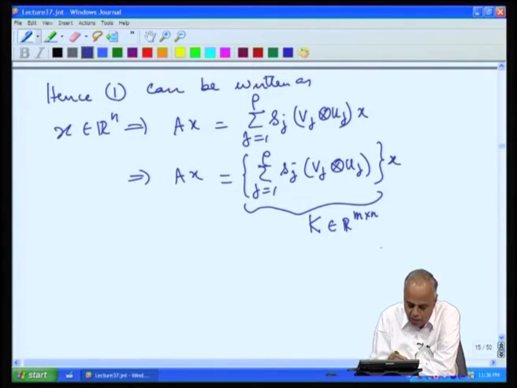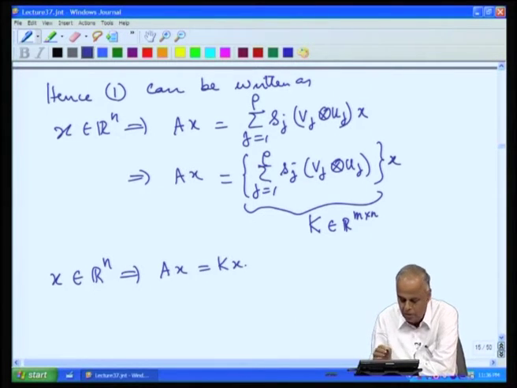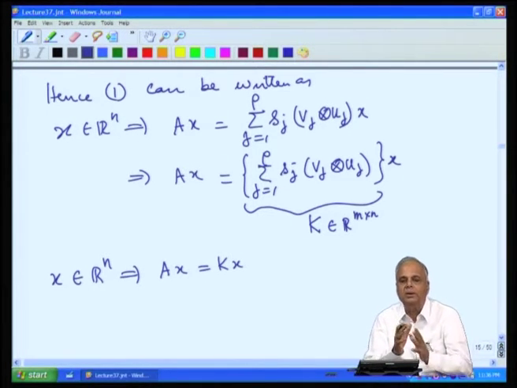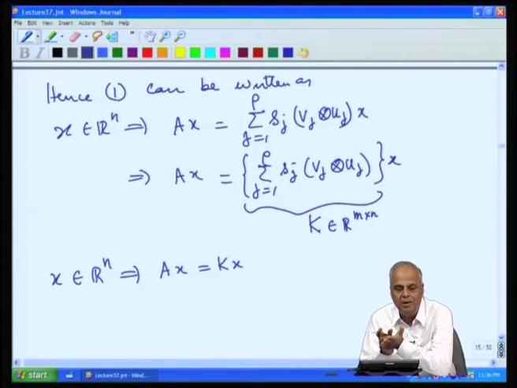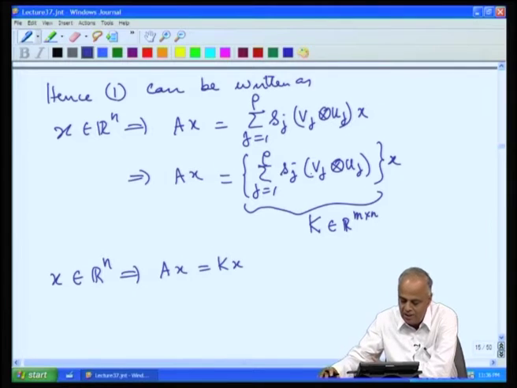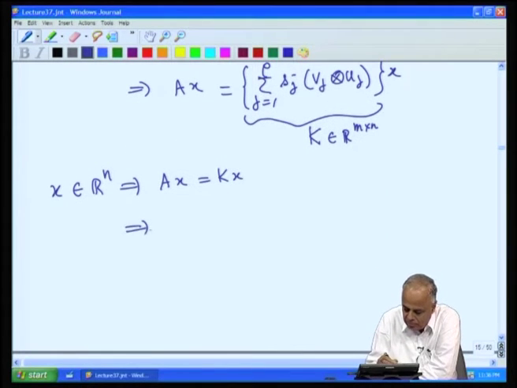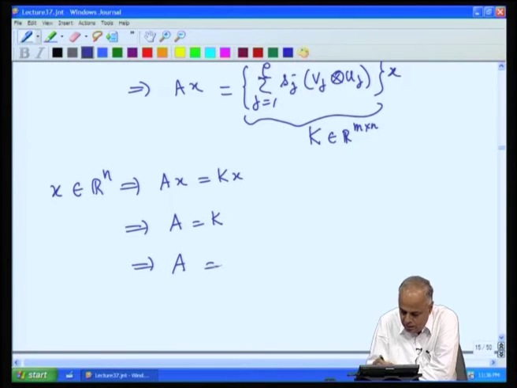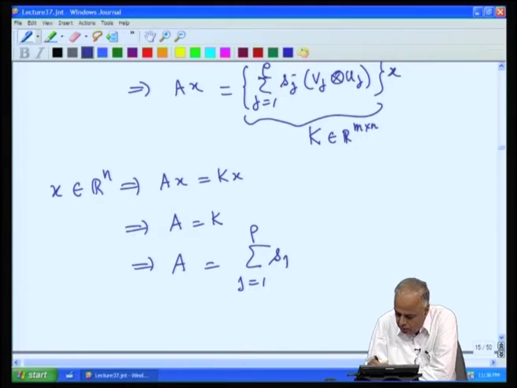Therefore, x belongs to Rn implies Ax equals Kx. Now, if two matrices coincide at all the vectors, if Ax equals Kx for all x, then A must be equal to K. So that says A equals the summation j equals 1 to rho of Sj Vj tensor uj,